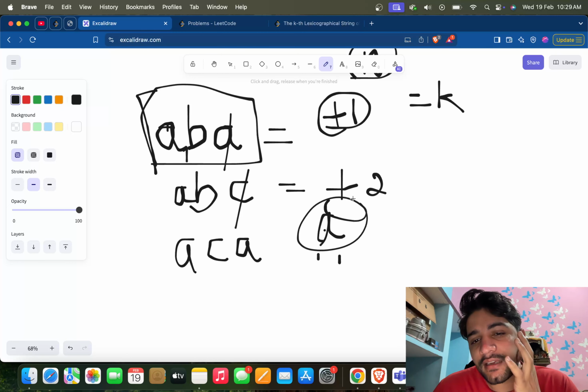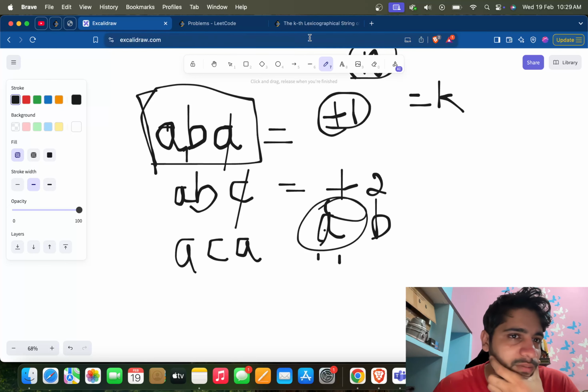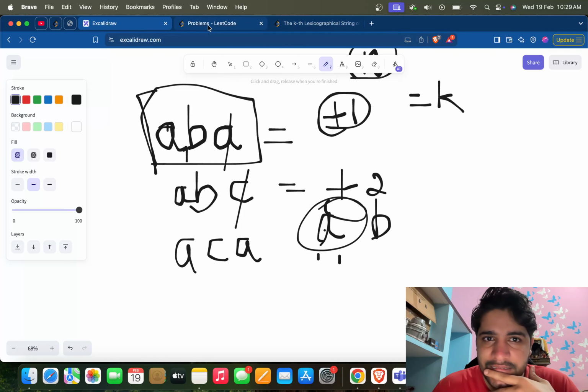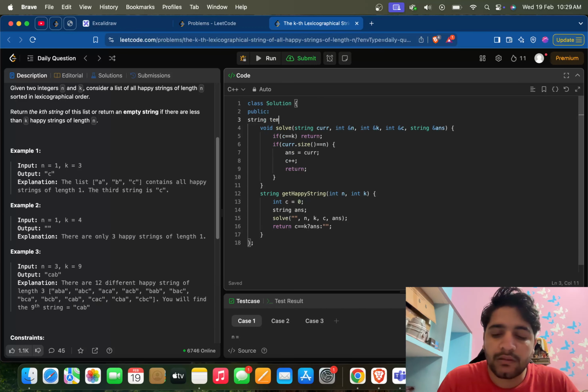After adding a, how will we make sure the next element is not the same as the previous element? Only three elements are there, so the loop will be three times. What we can take is a string here globally, which is equal to abc,